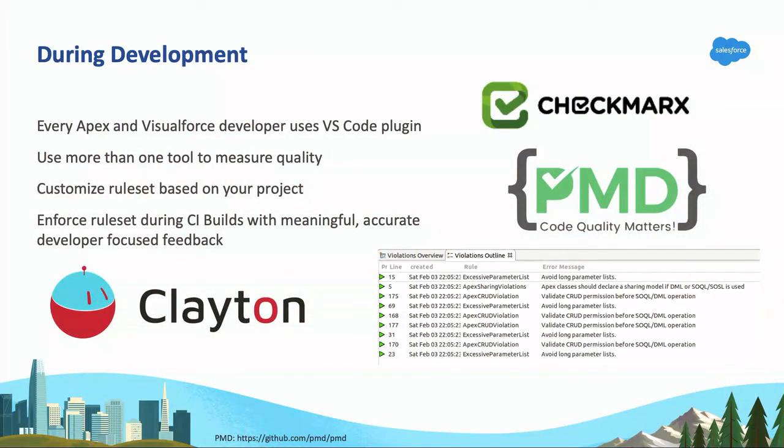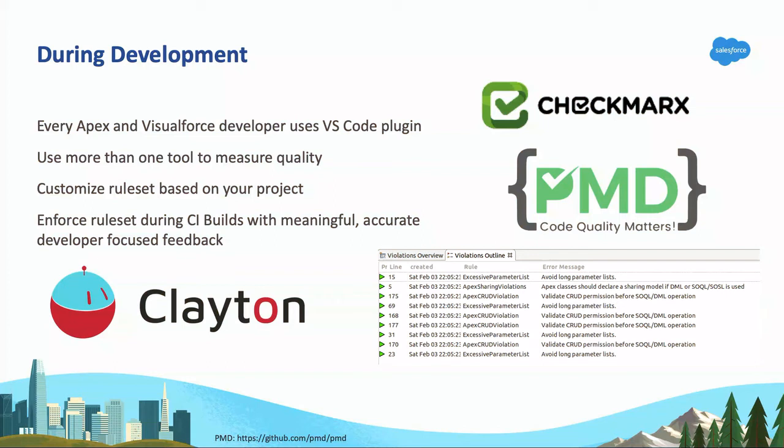Also during development, there are a ton of tools coming out. We use several, and I would highly suggest using several tools. Checkmarx is a huge one. That one's been in the industry for a long time. It's slow. It's not really great for us based on how big our packages are and how many lines of code they have. We have a package that takes 4 hours to scan. It's millions of lines of code.